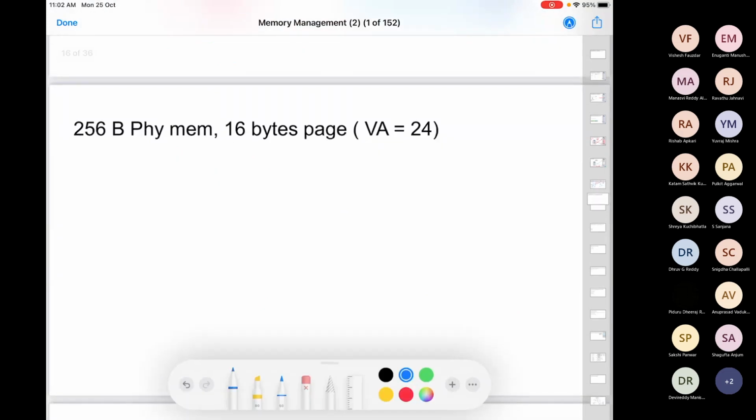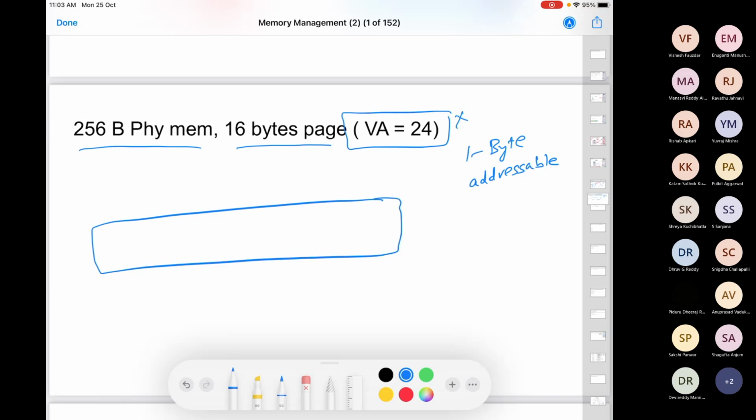Moving next. So ignore this as of now. Let's say you are given a 256 byte physical memory and each page size is 16 byte. Assume the memory to be 1 byte addressable for this. Can you tell me how many bits you need for your physical address?